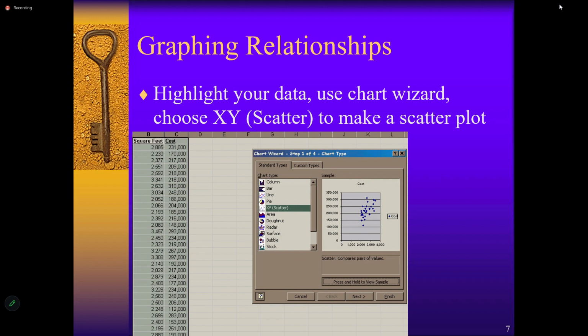As we plot these dots in your XY axis, we can see that there's a trend and that it's increasing. We can see here that there is a possible positive relationship between square feet and the cost, but as to the nature of the relationship, we can suspect that it's not really very strong,